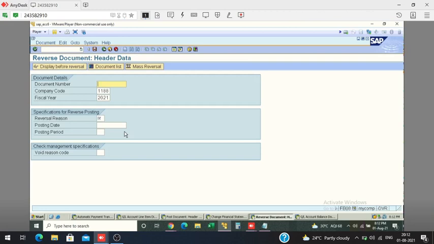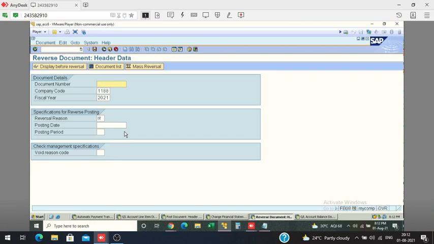Give me 1 second. Sorry. So with FB08 you can reverse that document.